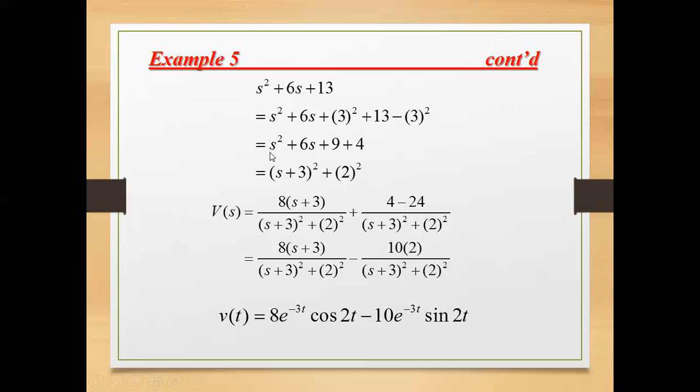That way, class, even if you have done completing the square here, you did not alter the original quadratic polynomial. It's still s squared plus 6s plus 13. You only did the completing the square. That way, your denominator for your given function of s would look similar to a recognizable shifted sine or cosine function in the table. What do you mean, Miss, with shifted? Meaning the denominator is either s plus a constant squared plus another constant squared, or s minus a constant squared plus another constant squared.